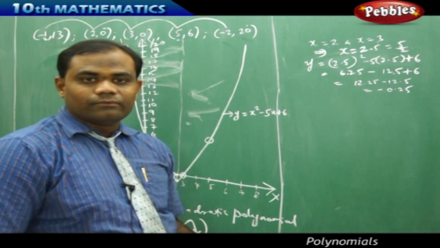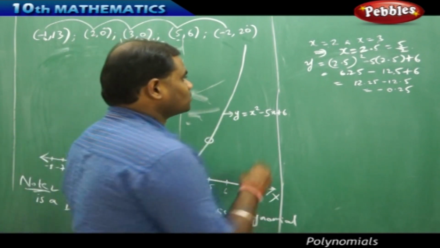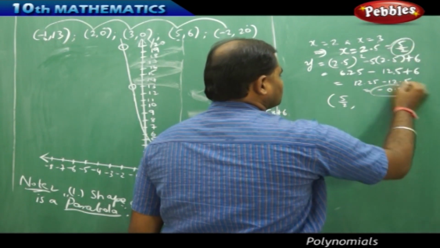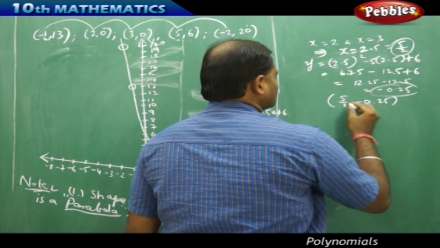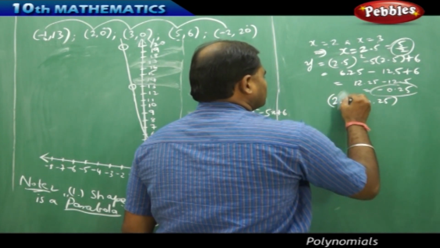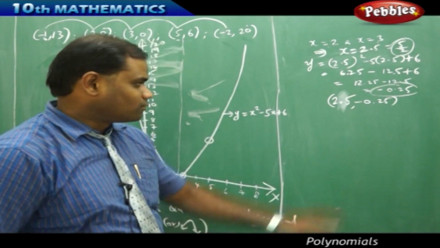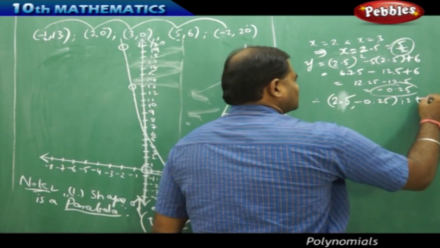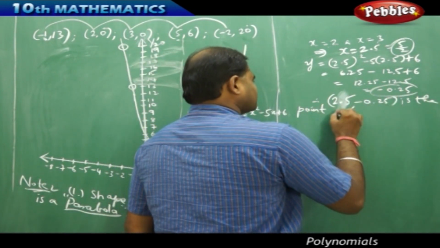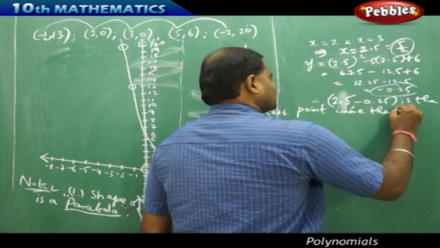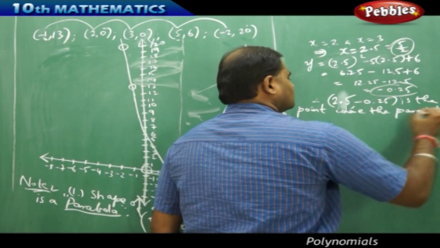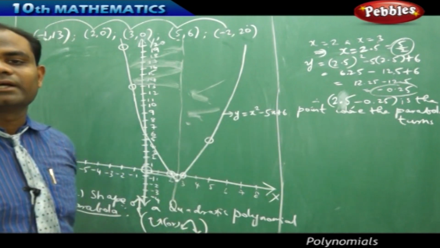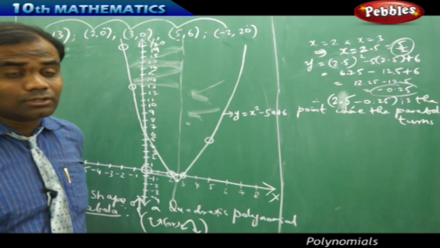So roughly, we can approximately find the point where the graph turns, because this is the point where x is 5 by 2, for which I got y as minus 0.25, or this can be written as 2.5, and minus 0.25 is the point where the graph turns. Therefore, this is the point where the parabola turns. Exactly, it turns, takes a U-turn on to the other side, is how we can understand the graphical concept